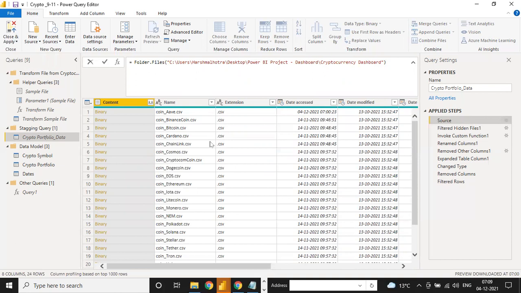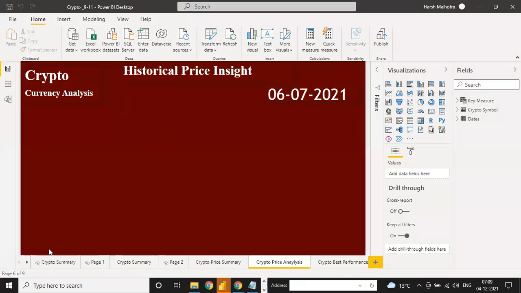Why do we need to change the source? Suppose you have prepared this complete file, let me just close and apply first. Suppose you have prepared all these 7 to 8 pages in your dashboard. After that, your manager asks you to save your file and send it to them. When you send the file, the manager has to change their path and source settings on their system.